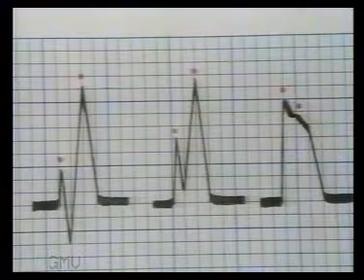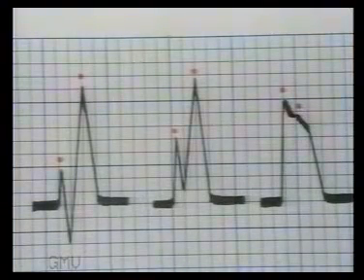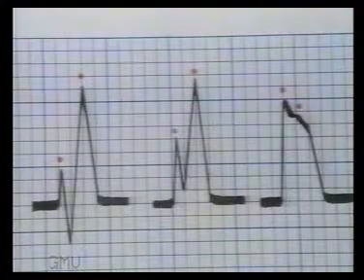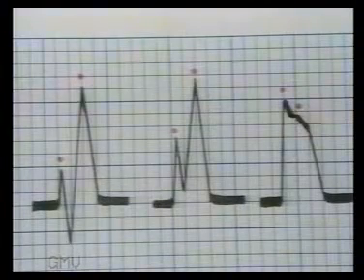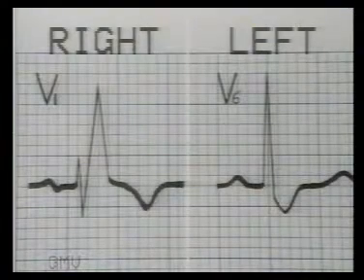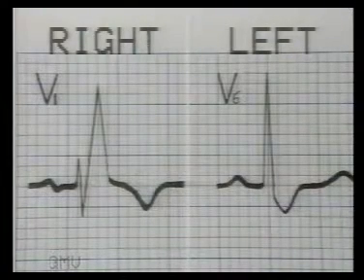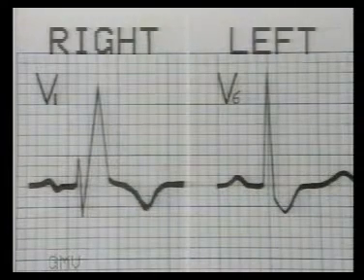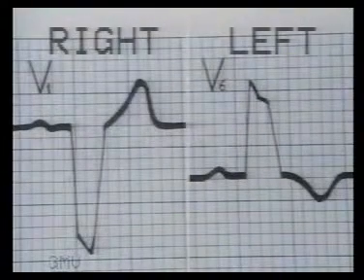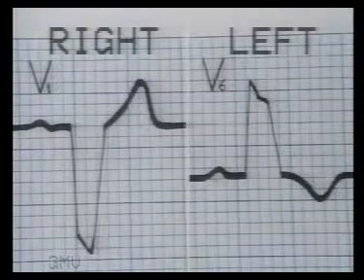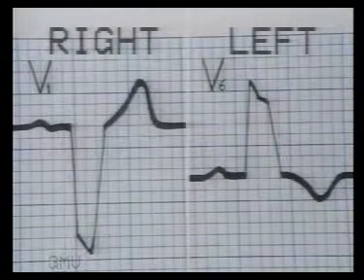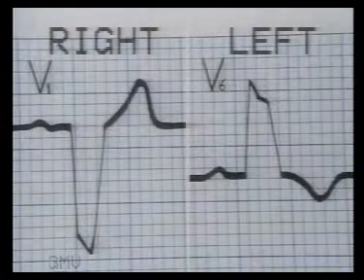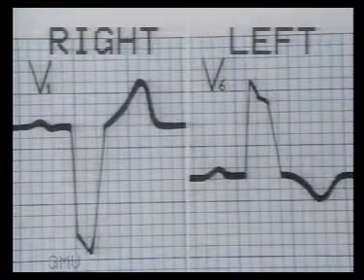When the QRS complexes are noted to be wide, first look for a positive, wide and slurred M-shaped pattern, that is RSR' or RR' pattern in the chest leads. If it is seen over the right chest leads, that is in V1 or V2, it is a right bundle branch block. And if it is seen over the left chest leads, that is V5 or V6, it is a left bundle branch block. At the same time, the opposite chest leads will display a wide and slurred S wave.